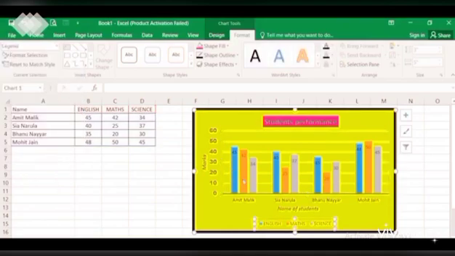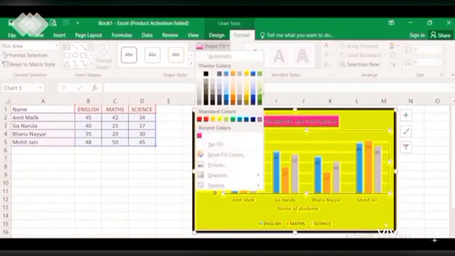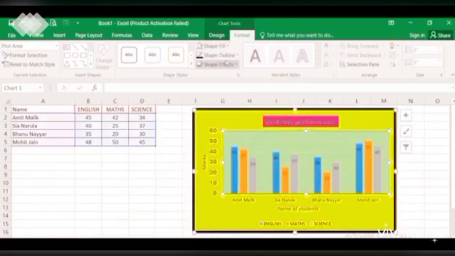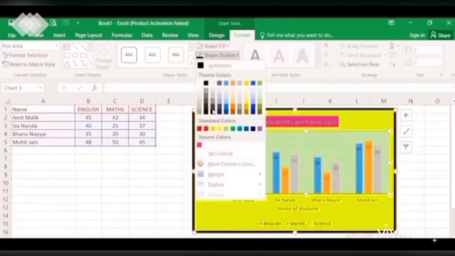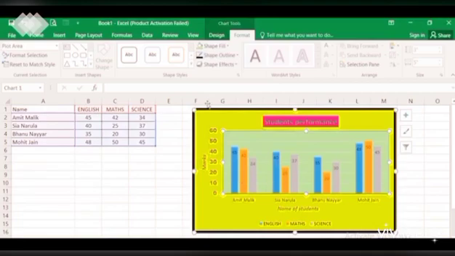Now after this, the next that we are going to do is the legends. Let's go back to the legends. This is here, you see the legends. You can even format this writing part by changing the styles. Then next we have the plot area. This is the plot area. If you want to change the color of the plot area, go to the shape fill option and you can have any other color. Then you can even have an outline of this area. All these effects can be applied here by just clicking on it.